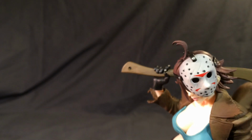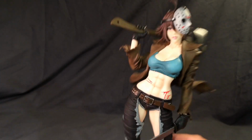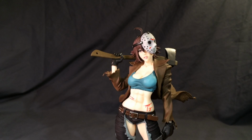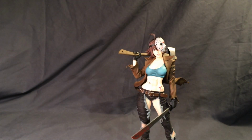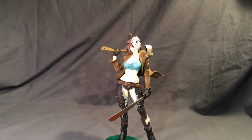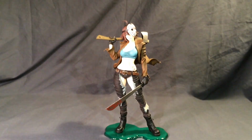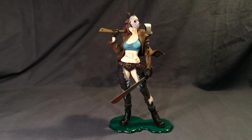But yeah, she is very curvy. She's about as built as any Bishoujo has ever been. And I dig the statue a lot. I really like the look of it. I like the fact that she's got a bloody machete and a hatchet over her shoulder, or I guess just a full-on axe. Now, for an iconic character to be represented as something less than